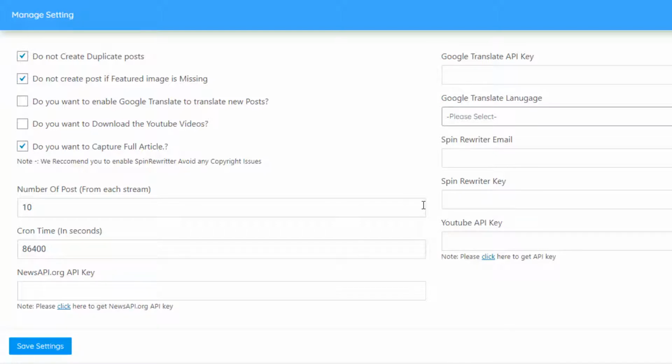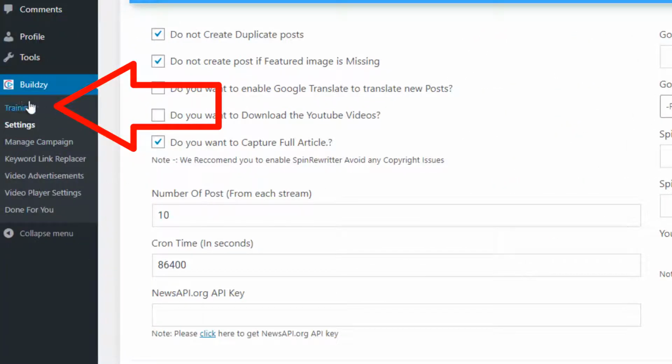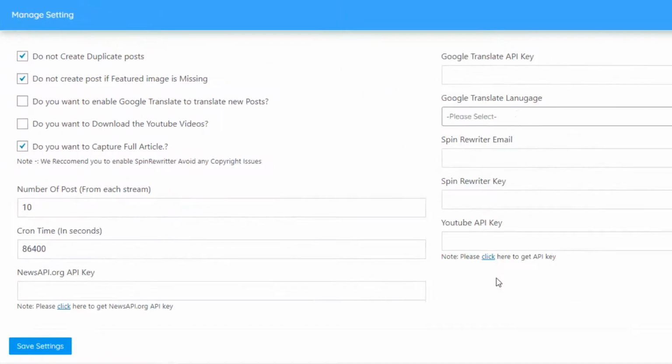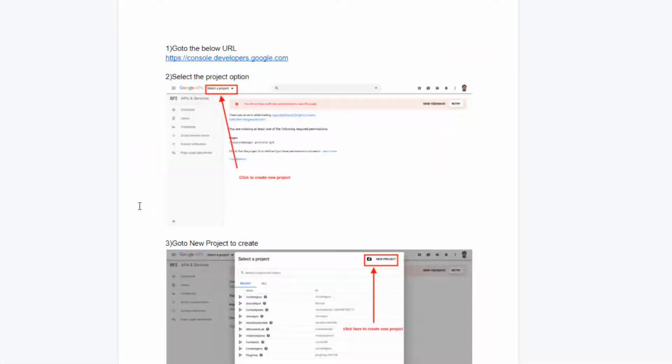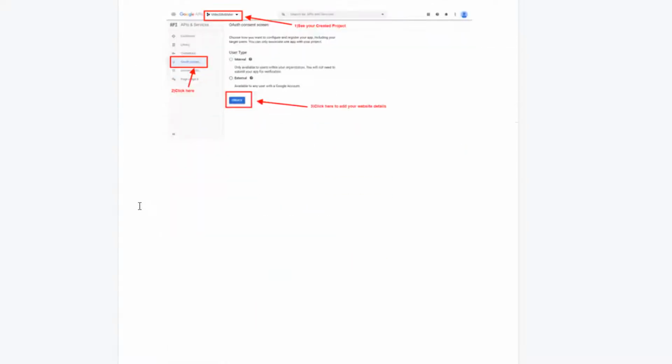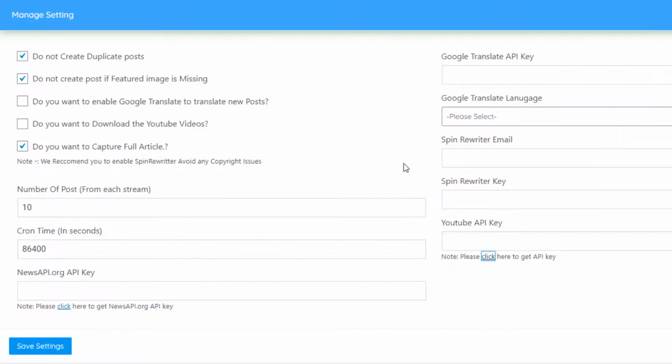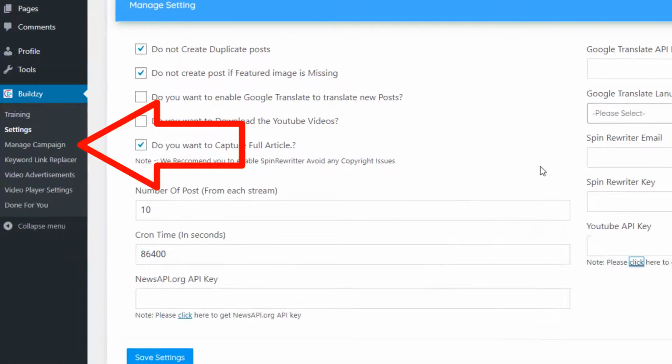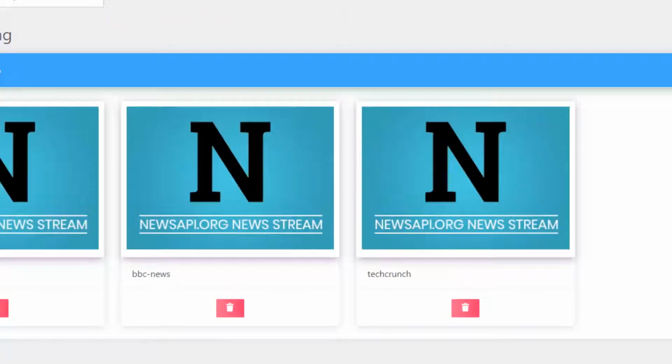And by the way, everything you need to know about these settings is covered in the training videos here. There are also a couple of links here and here that will take you to a detailed page with instructions and pictures. Okay, so once you've taken care of settings, head over to Manage Campaign and click this big blue